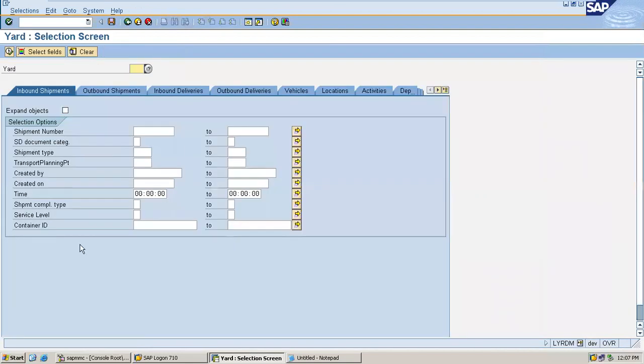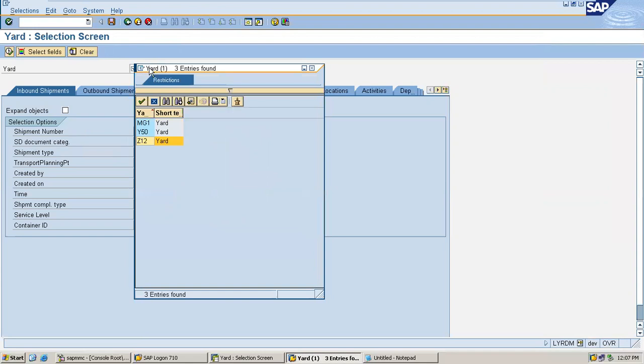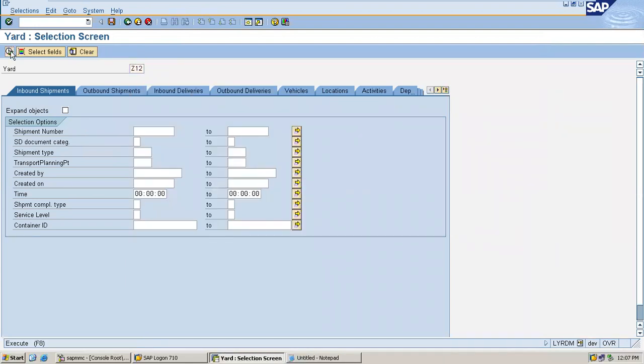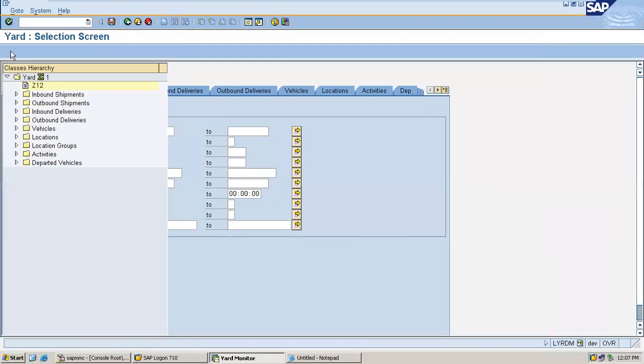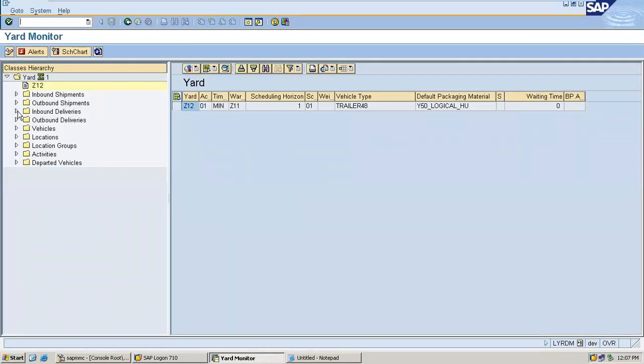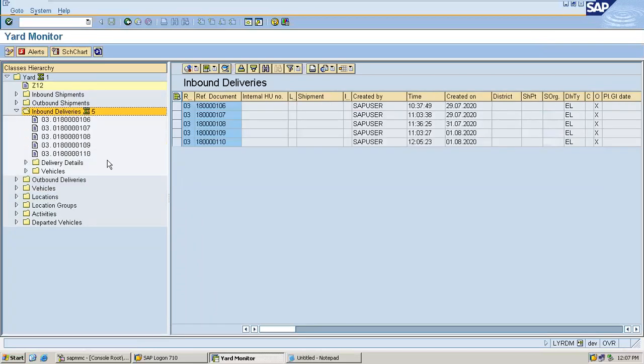This is the transaction code. So what is the yard? Z12 is the yard. So executed. See here, inbound deliveries. Select inbound deliveries. See here, it has come.